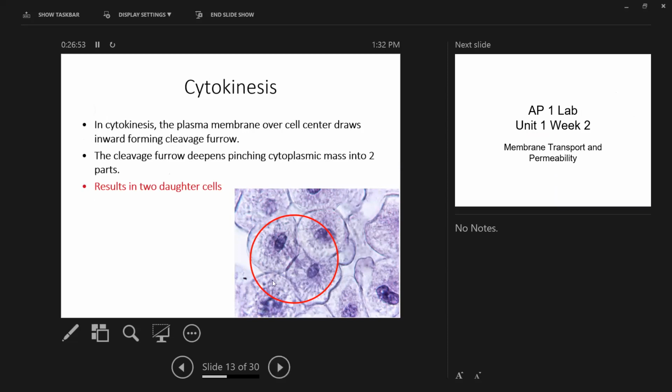You can see where the pinching off has formed two distinct cells. We have a nucleus there and a nucleus there. We can still see the remnants of the spindle fibers, but they're going to disappear. And this will go on. It's generally thought that individual cells can replicate about 50 times